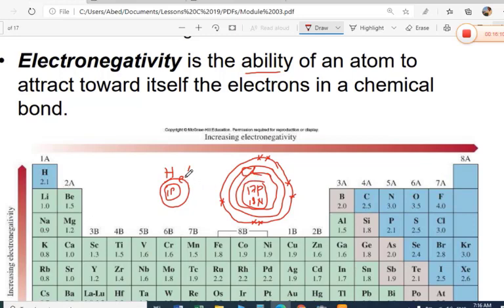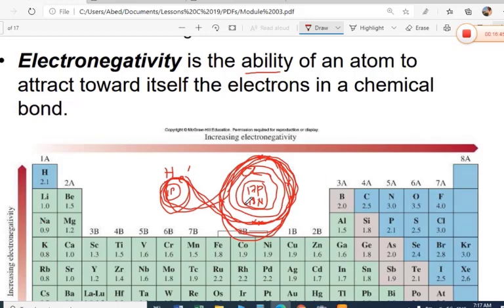Hydrogen has 1, so what will happen? This electron will be shared by the hydrogen and chlorine, and it will revolve most of the time around the chlorine, and sometimes go to the hydrogen, because hydrogen is small and has only one proton. Most of the time it will remain with the chlorine. One electron of the chlorine is also shared, but most of the time it remains with the chlorine, and very little time it goes to the hydrogen atom. So most of the time the electrons remain around the chlorine atom.